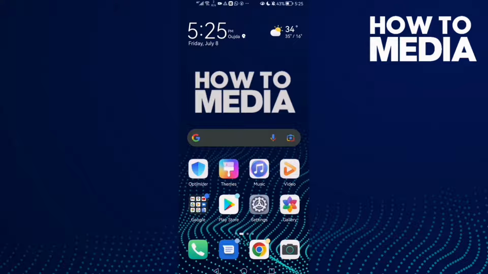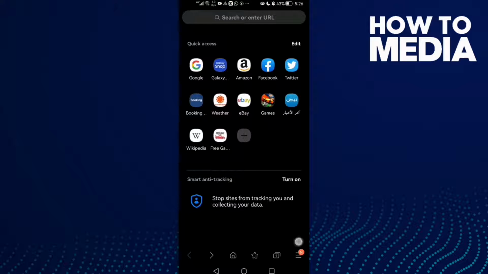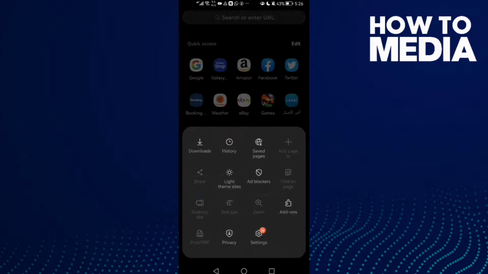How to find open links in other apps on Samsung Internet Browser. Hello guys, in today's video I'm gonna show you how to find open links in other apps settings on Samsung Internet Browser. First, open the browser and then click these three lines here in the bottom corner, and after you